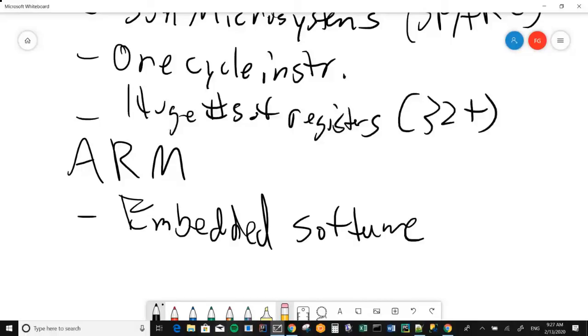Because these people knew how to pick a name. If you're going to do an acronym, you better make it pronounceable and memorable. And then you also better make it brag. It's an Advanced RISC Machine. ARM, it connotes strength, power. Anyway,